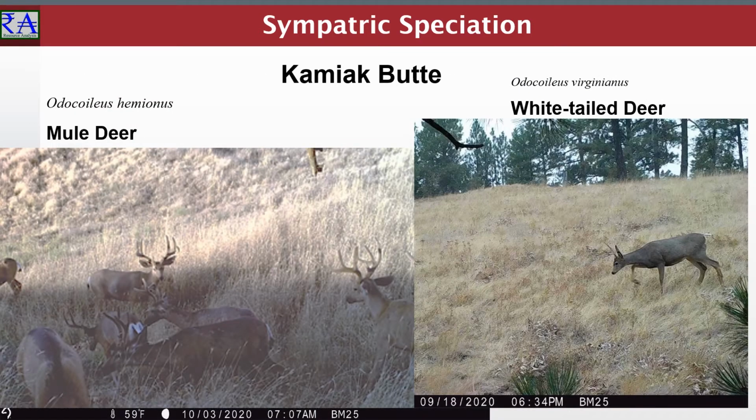In some western regions of North America, the white-tailed deer, Odocoileus virginianus, range overlaps with those of the mule deer, Odocoileus hemionus. Kamiak Butte supports populations of both species. They intermingle during the same periods of the year and on the same sites. Here, these species representatives appeared on wildlife cameras on the south-facing aspect within a couple of weeks of each other.